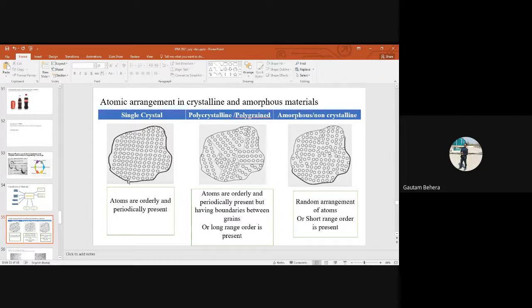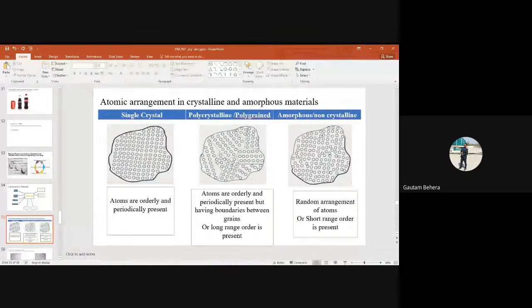You can move in this direction from top to bottom or bottom to top, or you can move in the horizontal direction. In these directions, you can see the atoms are arranged in an ordered fashion and in a periodic fashion also, right? So how can you define whether a material is crystalline or not? You can simply say if the atoms are arranged in a periodic fashion in 3 dimensions, as well as in an ordered fashion, then that material is a crystalline material. Right? And single crystal means only a single grain will be present. The entire bulk material is made up of a single grain. Right?